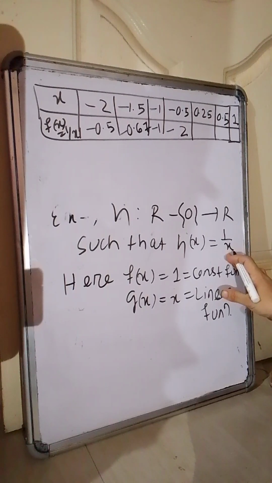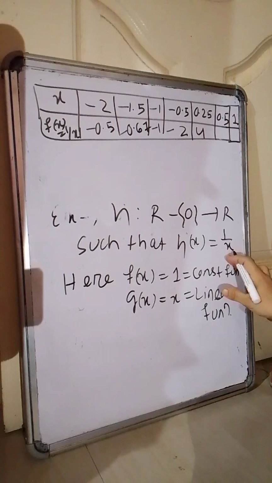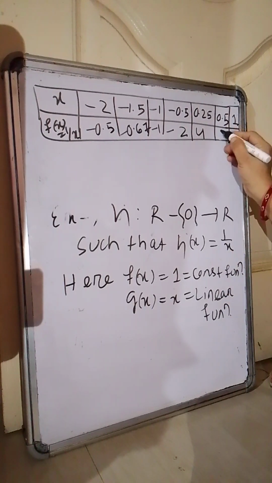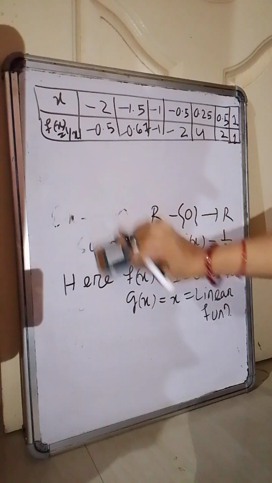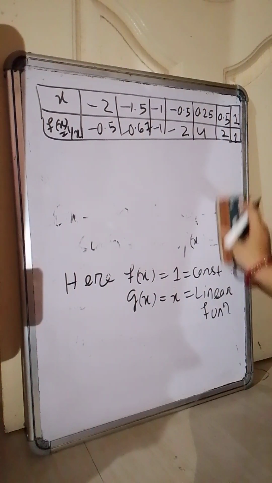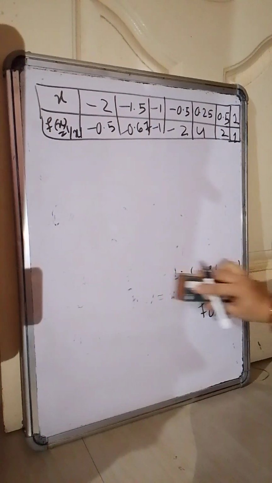When x is 0.25, what is 1 by x? It is 4. When x is 0.5, it is 2. When x is 1, it is 1. So in this case, what will be your graph? Collecting all these x values and y values,